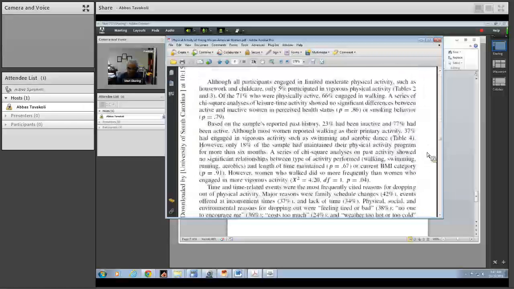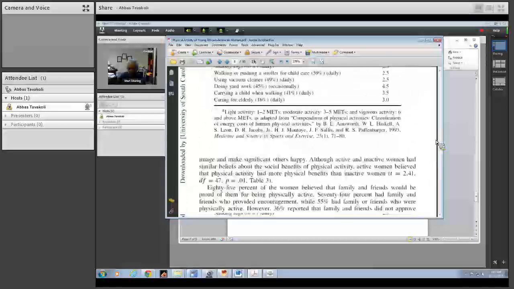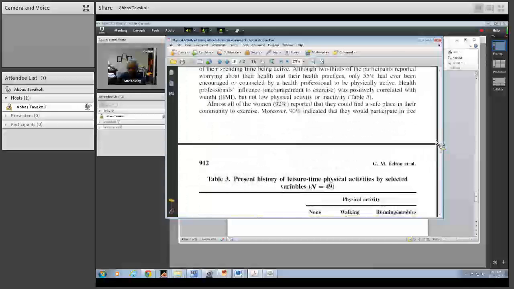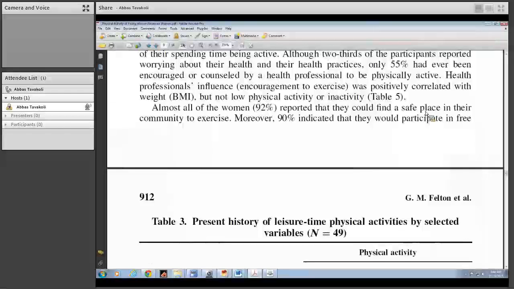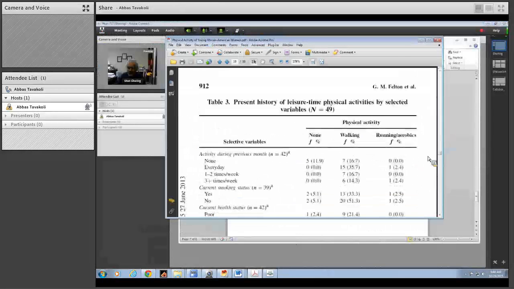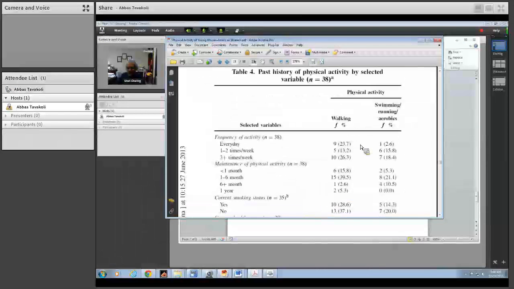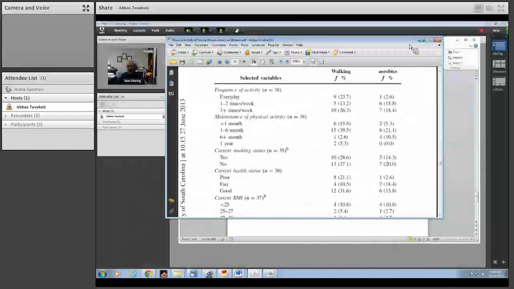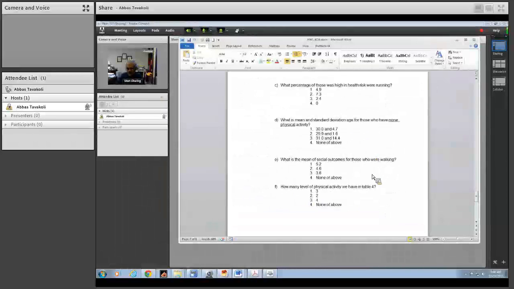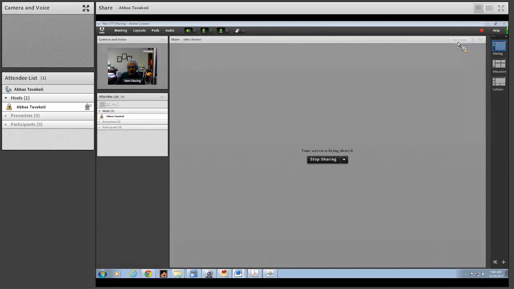So basically, you're looking at this table 3, this is table 3 you wanted to look at, and I asked several questions related to that, and also table 4. So you would answer from these tables. I hope this helps you to understand what you need